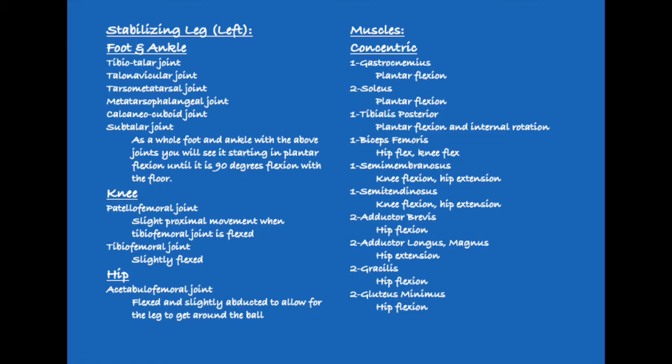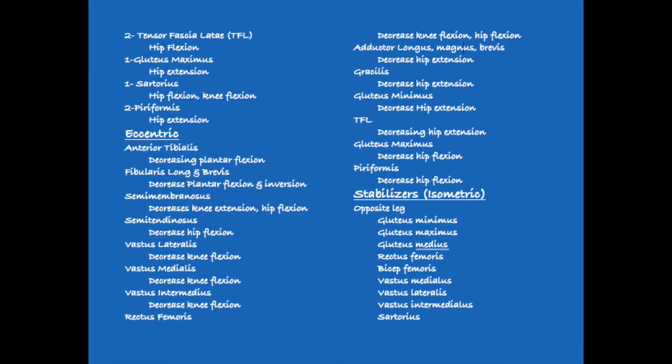The stabilizing leg consisted of the same joints as previously stated, just with a different variety. Concentrically, the muscles that were the prime movers were the gastroc, the tibialis posterior, biceps femoris, semimembranosus, the semitendinosus, the gluteus maximus, as well as the sartorius. The secondary muscles included the soleus, the adductor brevis, adductor longus and magnus, gracilis, gluteus minimus, the TFL, and the